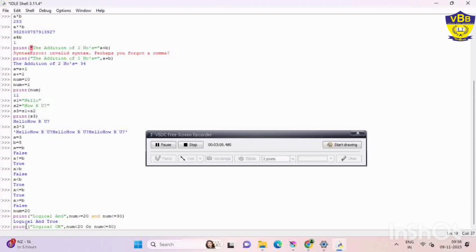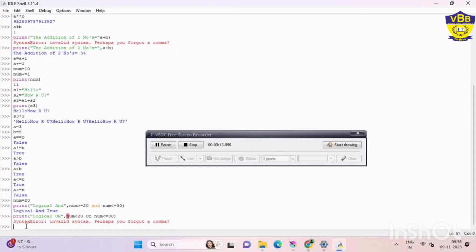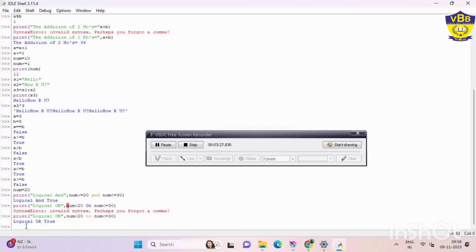So the result will be true because any one of the conditions must be true for the OR. Right? Sorry, the comma is not there, that's why it is showing you an error. Now it is showing you true.